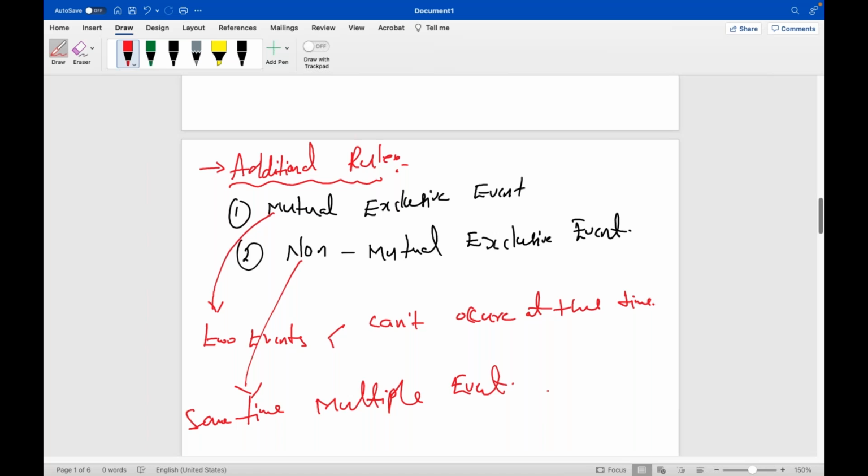For example, the same Pakistan and India matches, but one could be cricket and one could be, for example, kabaddi, or some other game. Kabaddi, kho kho and cricket are three different games. So at the same time, multiple events are happening in one particular situation. That we call a non-mutually exclusive event. A mutually exclusive event means that at the same time only one possible outcome can occur.